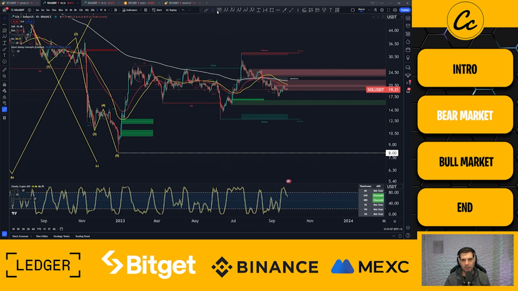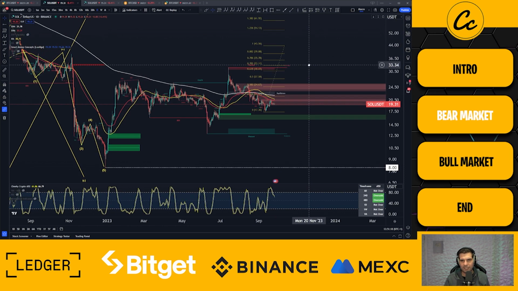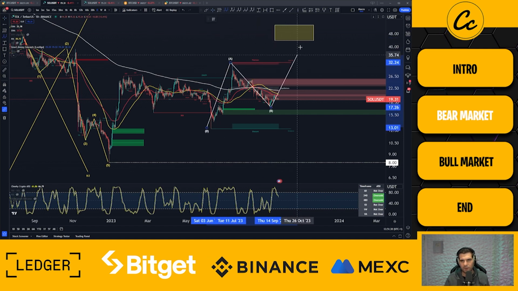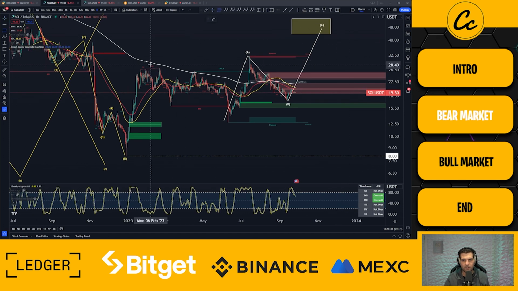In terms of our bear market so far, this bear market rally to the upside is still looking quite corrective. I do think we have the potential for a rally to the upside in the coming weeks. Probably going to be looking at a green October, I would have thought, with approximate target range being up here at $43 to $54, and that will basically look to complete an internal three-wave pattern here, and that I think all in all will actually be bringing us an end to this full correction that we had seen slightly